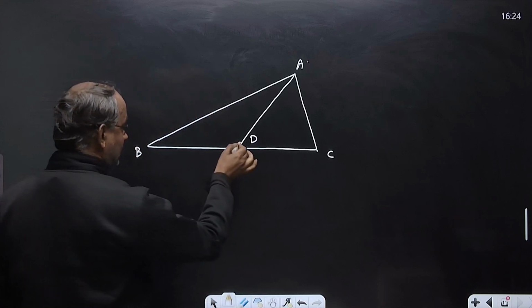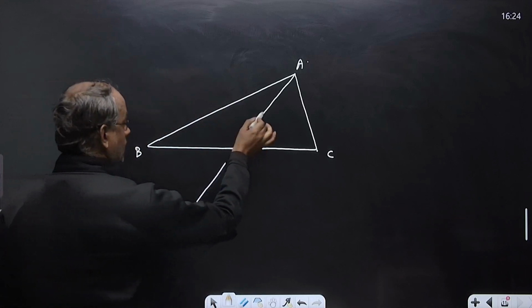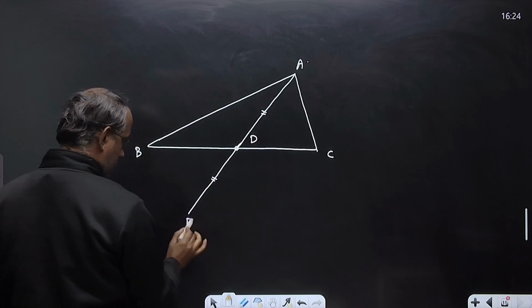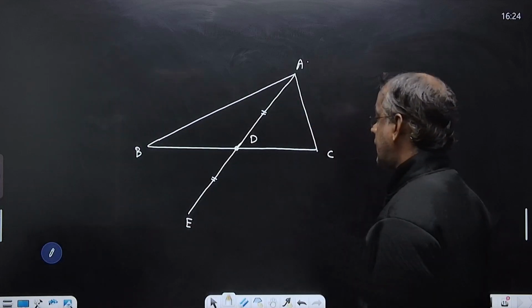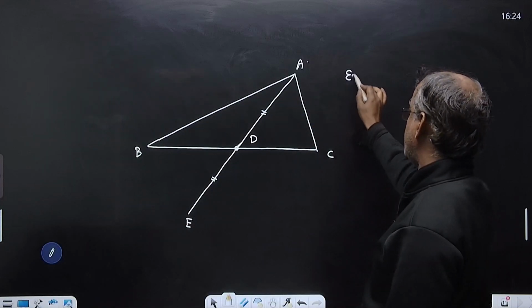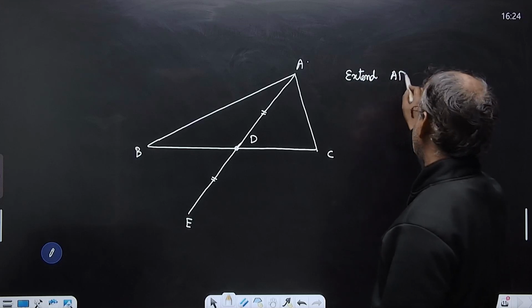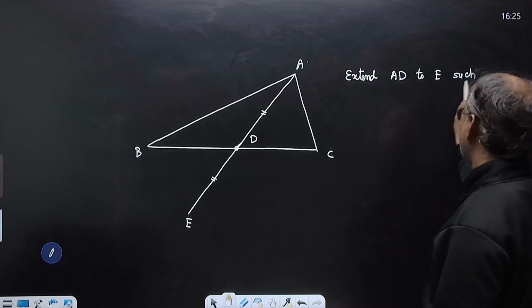What we do is that we extend AD to a point E such that AD is equal to DE. Upon extending AD to E such that AD equals DE,